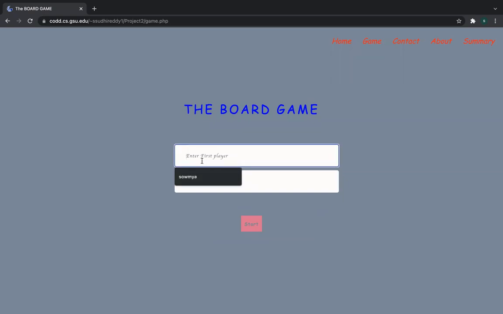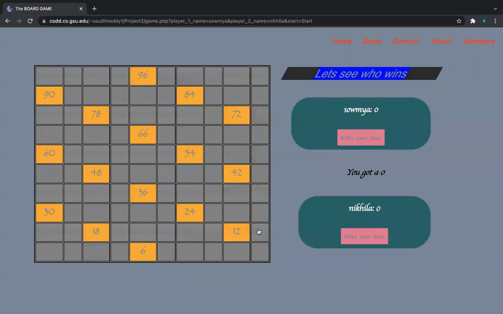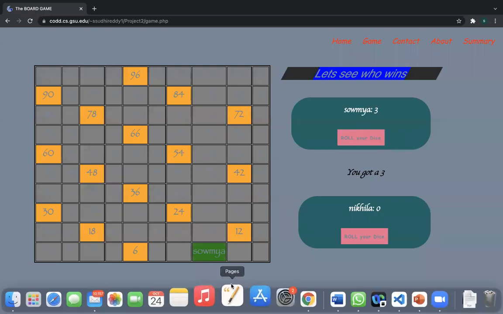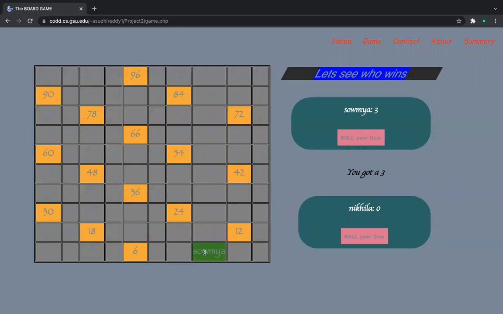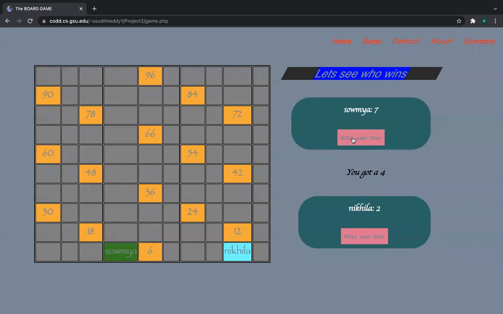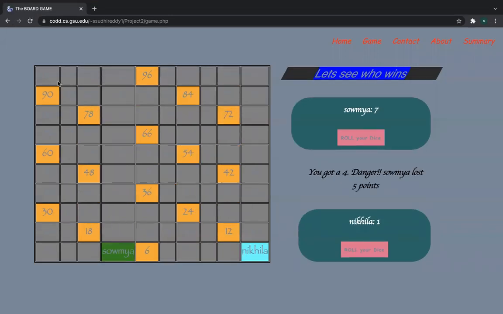We can use multiple players, but we used only 2. Nikhila, we are about to start the game. Here you can see the board. It includes 100 steps as Soumya mentioned, and there are a few hurdle points over here. These are the players who are playing, Soumya and Nikhila. So we will roll the dice. The number is 3. On the count in the board game, here you can see it is in the 3rd position. In this way, the person who reaches the 100 position first will win the game. And there are a few hurdle points.